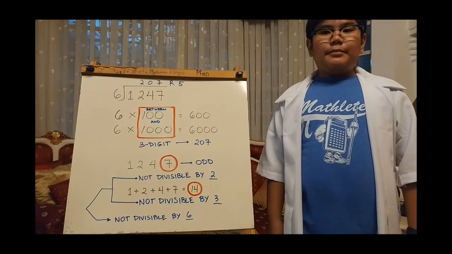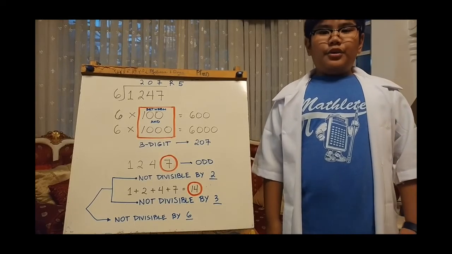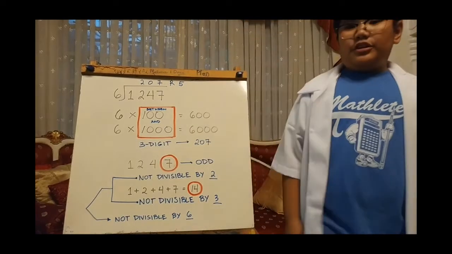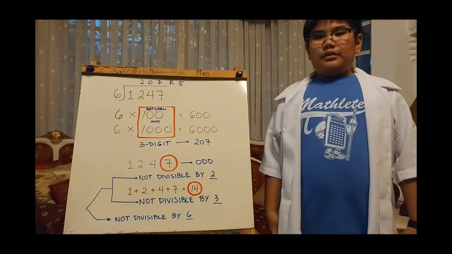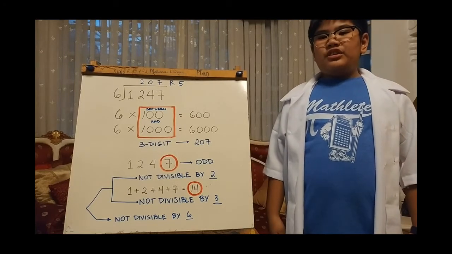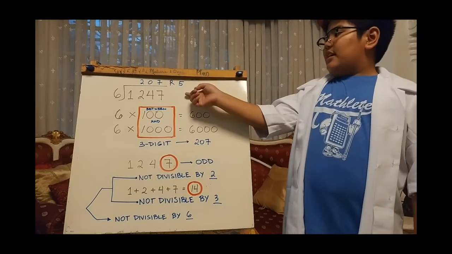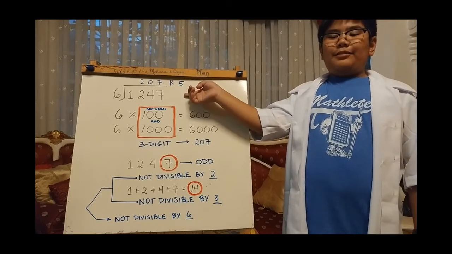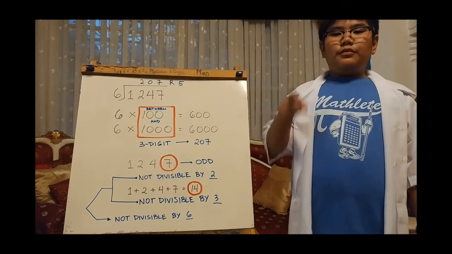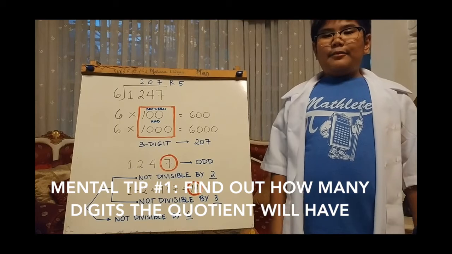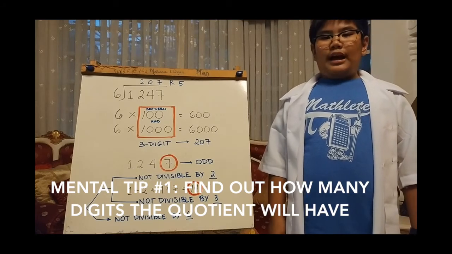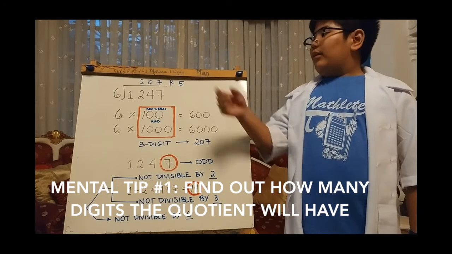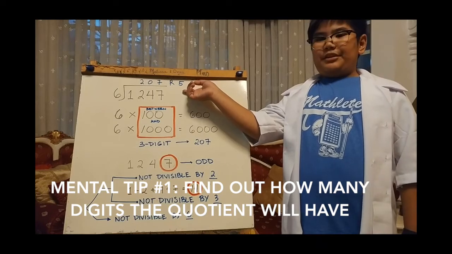Now, here are some helpful steps that you can follow to conquer division when dividing a number by a single-digit divisor, such as 1,247 divided by 6. First, find out how many digits the quotient will have. In the case of 1,247 divided by 6,